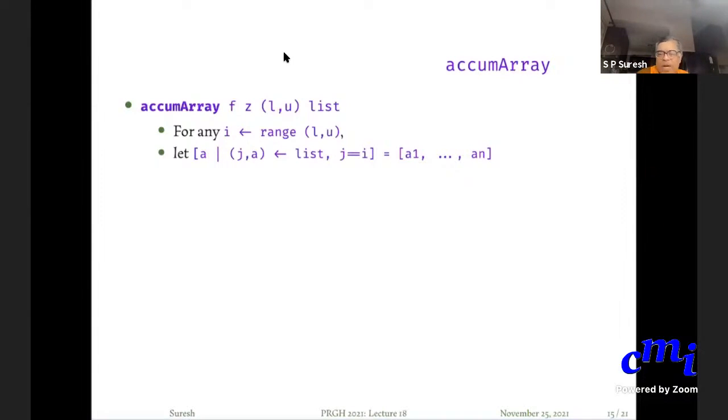It's a list of I, A pairs. So your list entries will typically be of the form J comma A. Pick out all A values where J equals I, and let us say that is A1, A2, AN, etc.